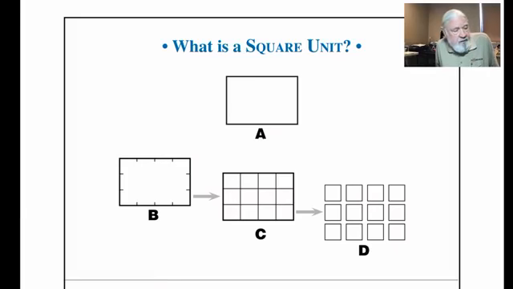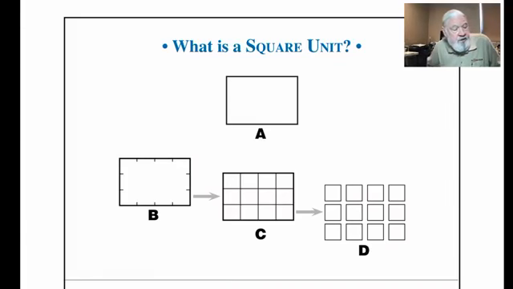Well, we've got to break it down into things that we can handle, that is, things that make sense and that we can communicate from one person to another. So what math people figured out a while back was, let's break it into equal parts. So as you can see in figure B, this is starting the process. The top line and bottom line have been broken into 4 parts. The sides are broken into 3 parts.